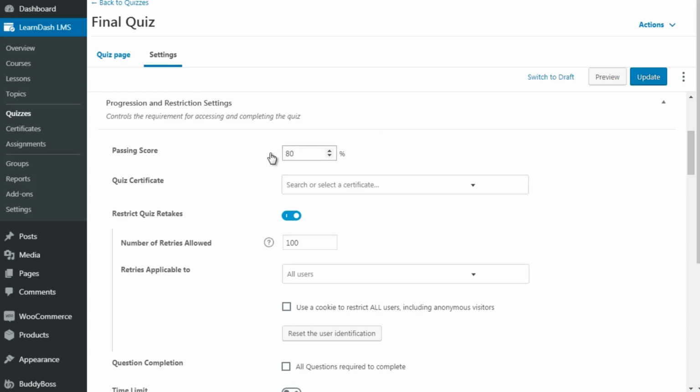Now, bear in mind, like I said earlier, if this is a group of people that may get overwhelmed if they get the quiz wrong and they can't move forward, that's something that you need to take into consideration. So if the passing score is 80 and your student continues to take the quiz, but they keep on getting like a 50, that could create a problem. So maybe you just want to do a fun quiz and do a passing score of 0, for example, or 10, something low.